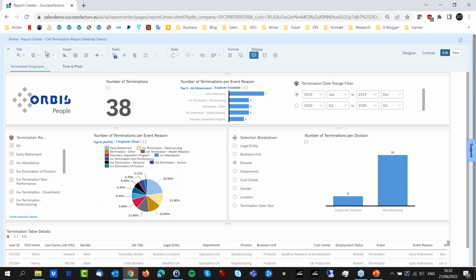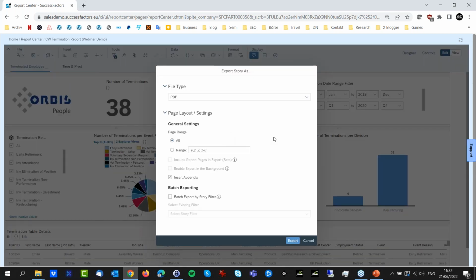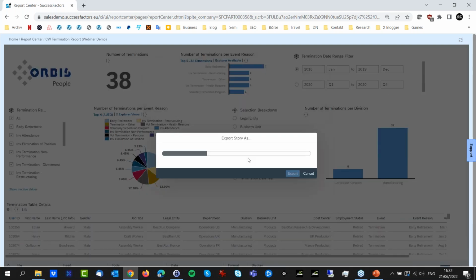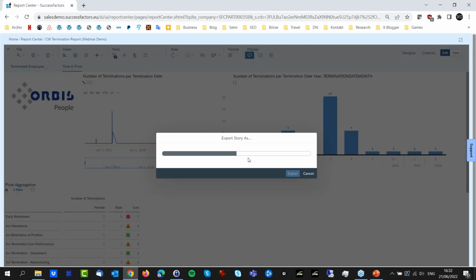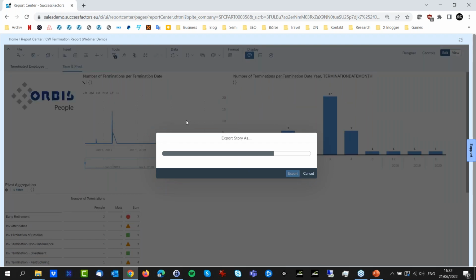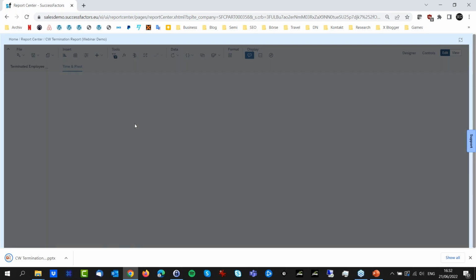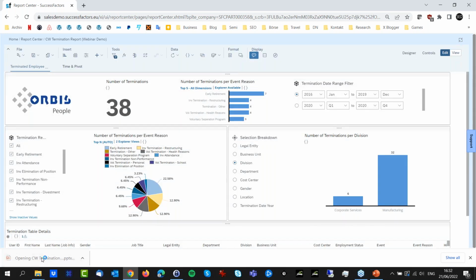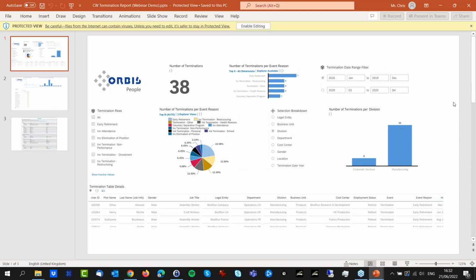And the last one I want to show you is the export functionality, because when you create a report with ad hoc reporting, you probably saw the struggle with how you need to basically copy a report and optimize it for a different output, be it a PowerPoint or a PDF. With export functionality and story reporting, you really get a slide that matches what you see on the report. So basically it's scaling what you created, like even if